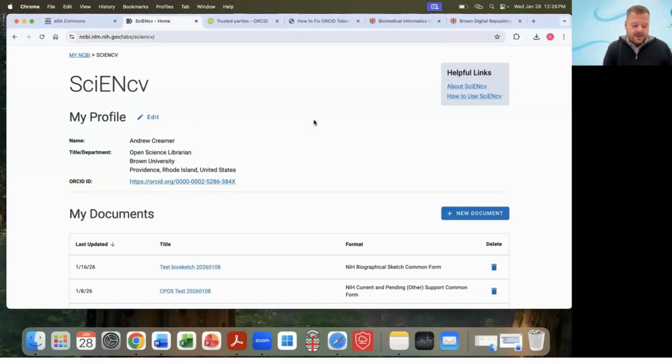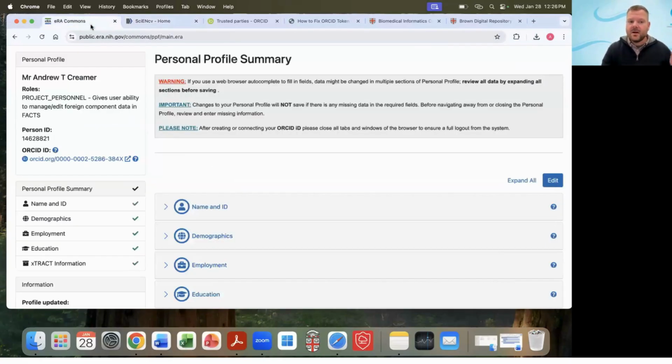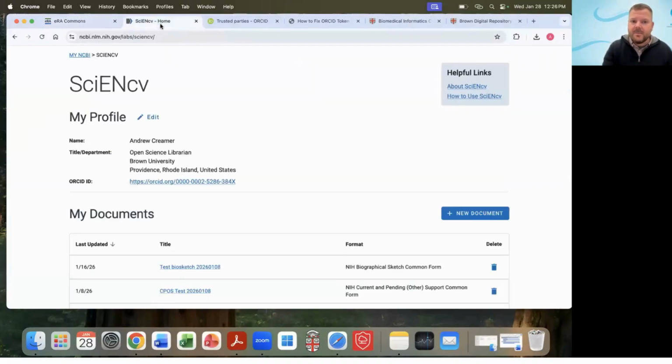So back to linking the ORCiD ID. We started off with ERA Commons and making sure that our ORCiD ID is linked to our ERA Commons account. The second step is making sure that it's linked here. And I mentioned some of those error messages where some folks have said, "Oh, I've linked my ORCiD already," but